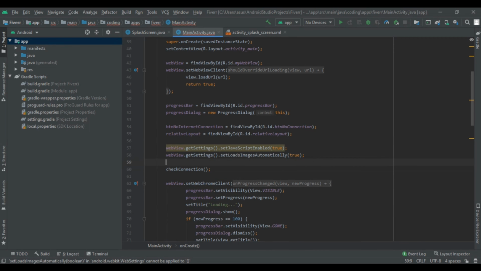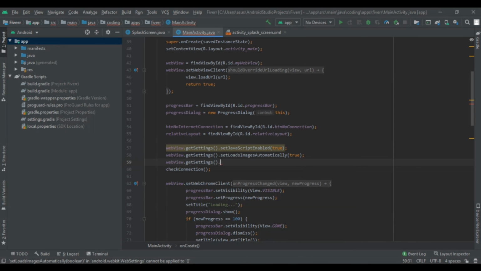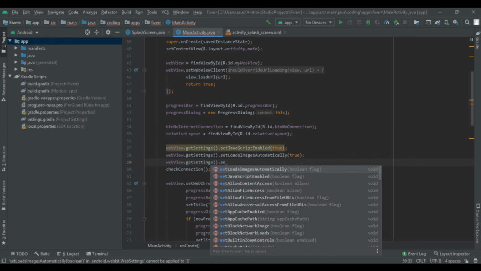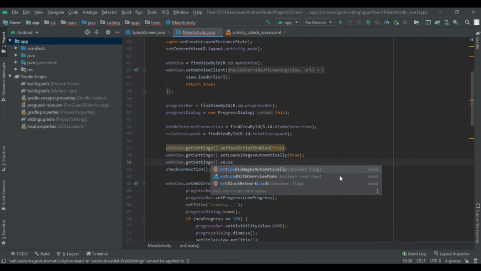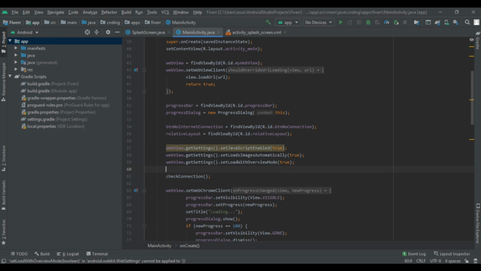Now webview.getSettings().setLoadWithOverviewMode(true). So this will load our website in overview mode.